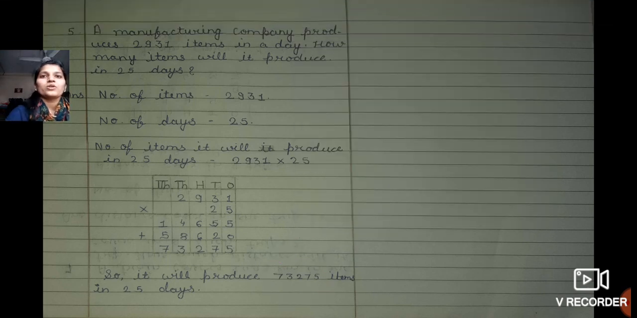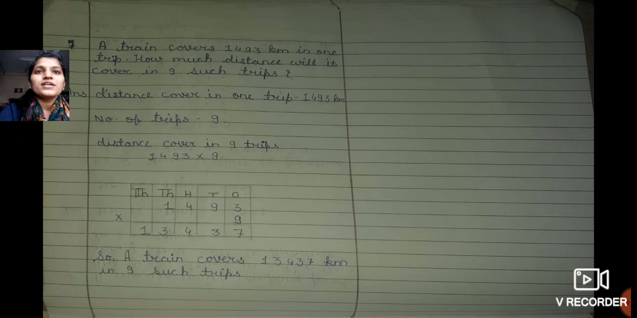Now we are going to solve the last word problem. So students, when you solve a word problem, you have to first of all write whatever data is available in the word problem. You have to write it in a number. So how I have written here, number of items, number of days, like that. So yes, we are going to see our last word problem. A train. So what is the word problem? A train is there which covers